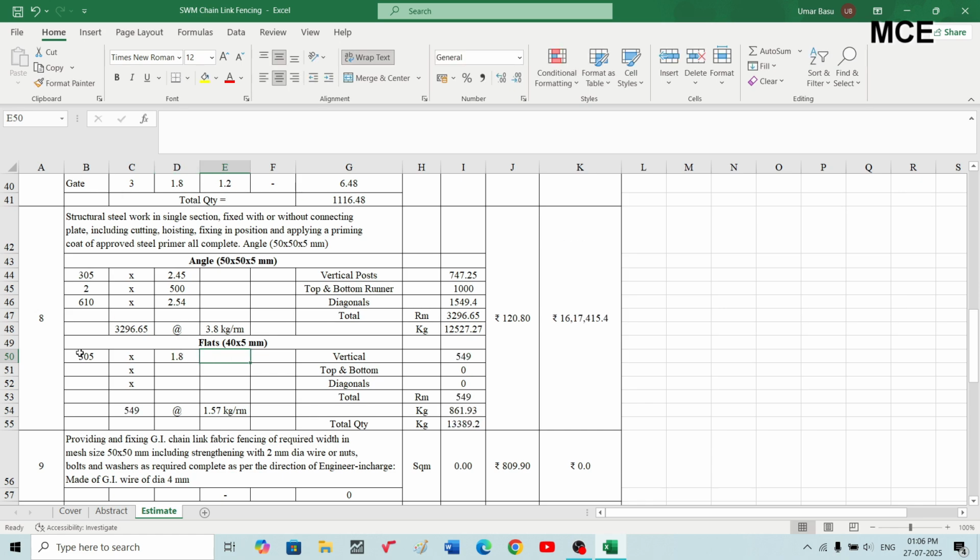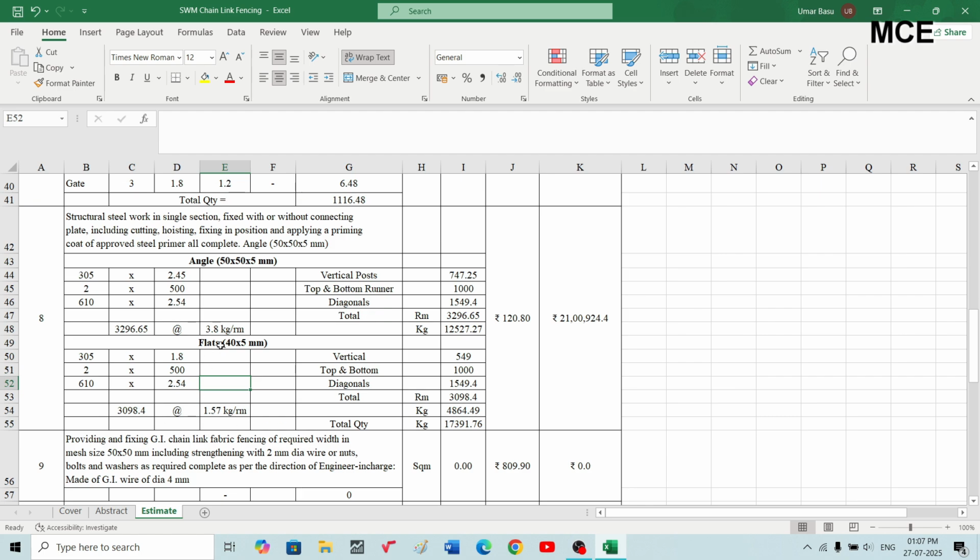Because we are not fixing the flat in the concrete, the length is only 1.8 meters. So the total will be 549 running meter for verticals, and for top and bottom that is 2 into 500, which is 1000 running meter. Diagonals will again be 610, and the length will be the same, that is 2.54. Okay, so total will be